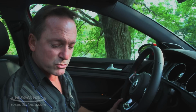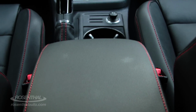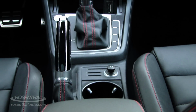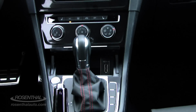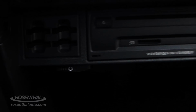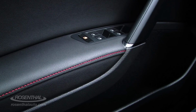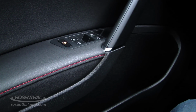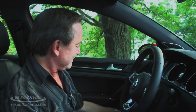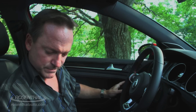Plus you have your traction control button and nice storage area here, little 12-volt battery action throughout, plus amazing air conditioning. It's also in the glove box. There's a special knob that you can twist that will actually allow you to keep your sodas in there, your electronics in there, whatever it is, cool. Plenty of area holding, you know, got my bottle holder here, so that works well. And again, armrests, grip,